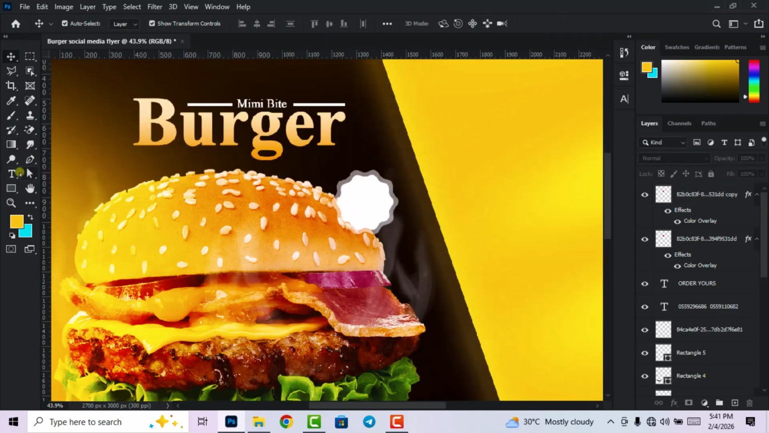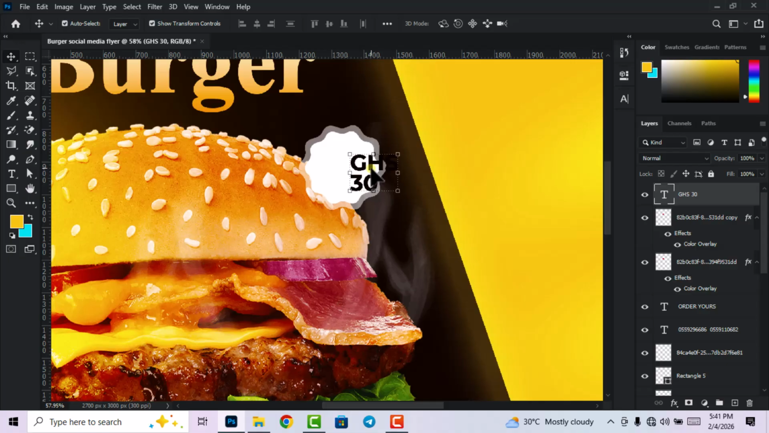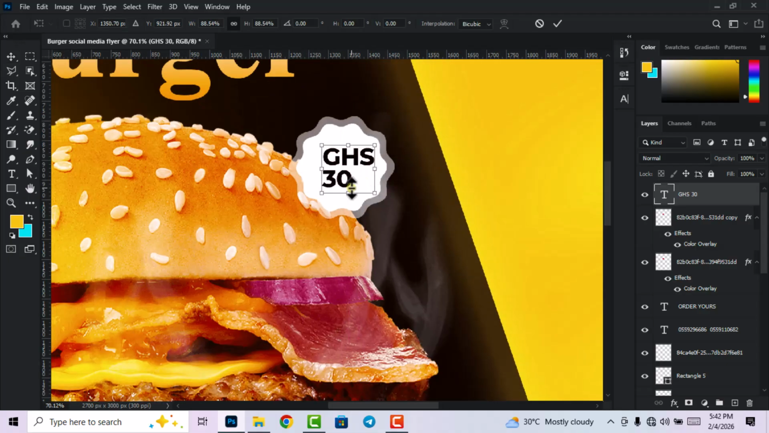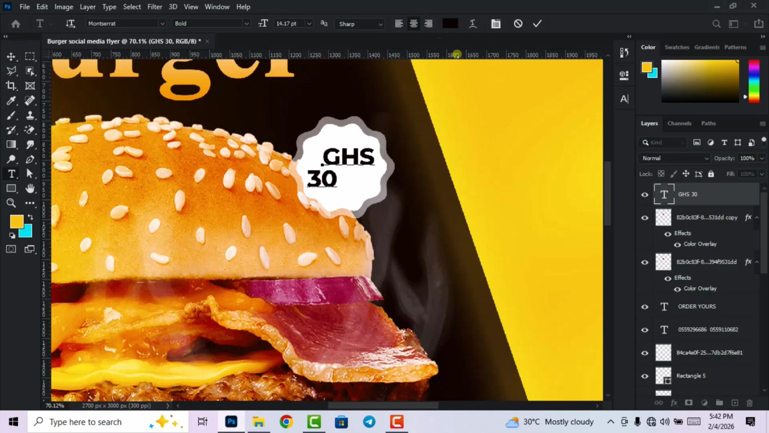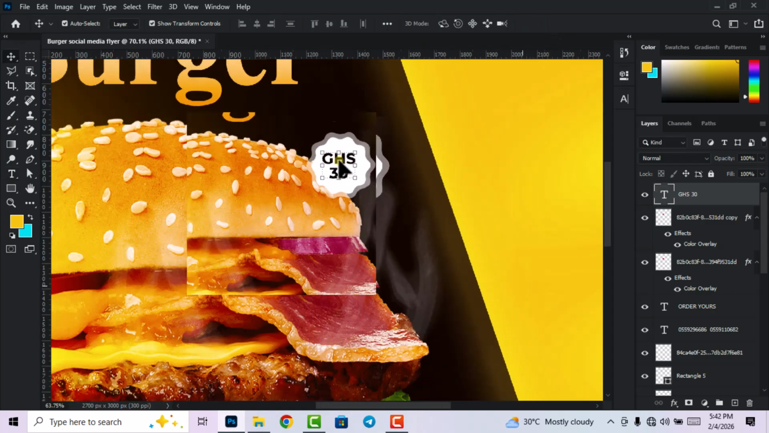So grab your text tool like this, and then add your text. So it will be the price. All right, good. Click on this guy. Then I'm going to adjust it like this. Click on this guy. Let's choose the center. Okay, so let's right. Good. All right,